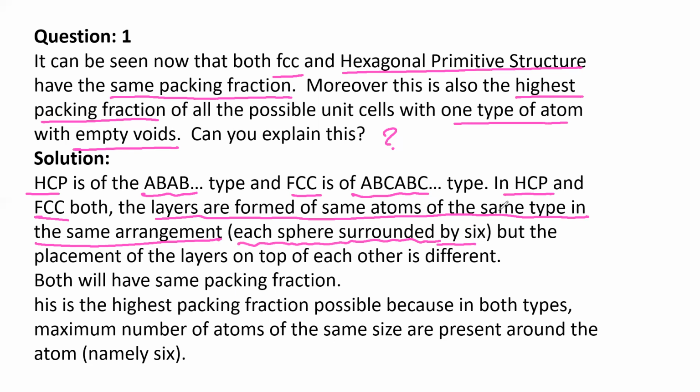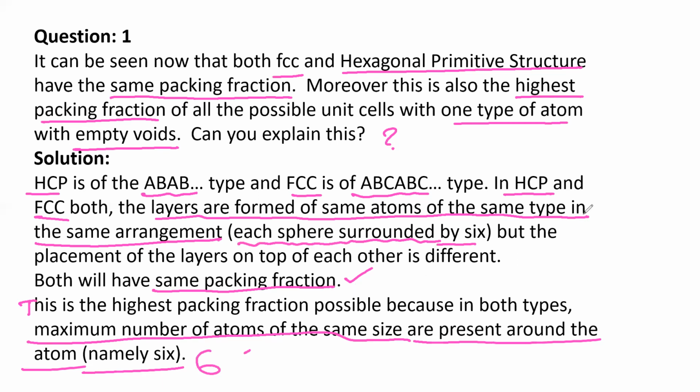But the placement of the layers on top of each other is different. Both will have the same packing fraction. So either you take FCC or HCP, they have the same packing fraction. And this is the highest packing fraction possible because in both types, the maximum number of atoms of the same size are present around the atom, namely 6. Already we know in FCC also we have 6 atoms, and in HCP also 6 atoms,